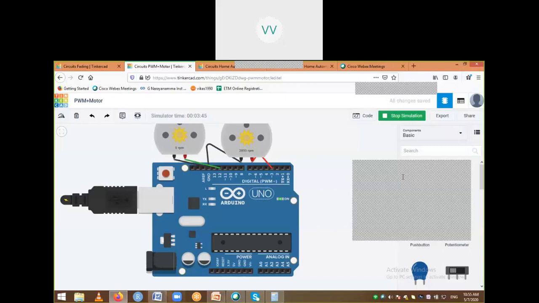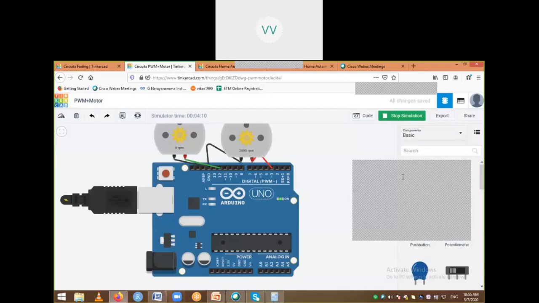If I am getting a speed somewhere around 2650 or 2700, that means I am running at half of the complete speed. That is, complete speed is 5555 rotations per minute. I am trying to reduce that to half. That means half, the 50% duty cycle I need to consider. So I need to pass a value of 127. And if I am having high value 5555 rpm, it's running at a complete duty cycle, so I need to give 255 to that particular pin.